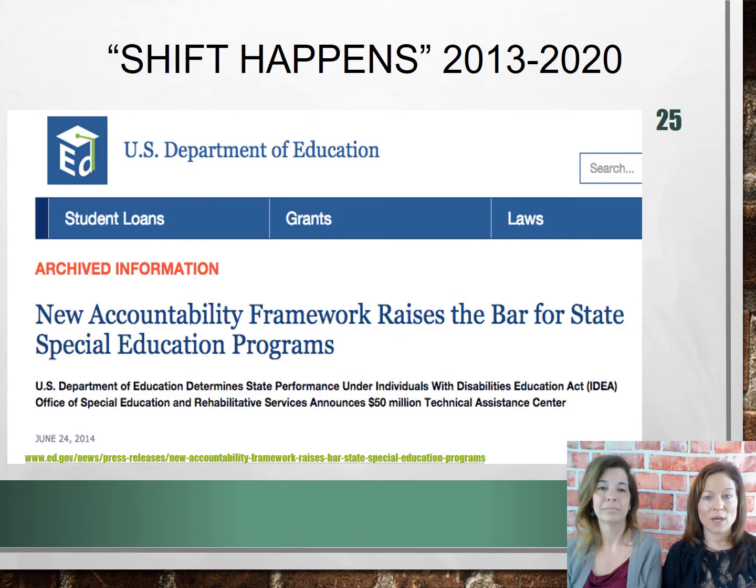All right, well, as Kelly mentioned earlier, shift happens a lot in special education. I'd say probably every year we want to pull our hair out with the latest thing that we have to do. It's a shift like a swing, though. It just kind of goes back and forth. It seems like we did this 10 years ago, didn't we? Right. We're doing it again? Okay. But this one is pretty significant, and we haven't done this one.